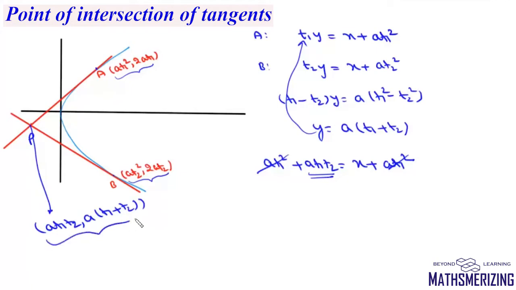It's a very important result which is used in locus problems. So there'll be many questions where we need to find the locus of this point of intersection. So what we'll do is we'll take these points as t1 and t2, and then we'll take this point of intersection as (at1t2, a(t1 + t2)), where at1t2 is alpha and a(t1 + t2) is beta, and then we'll try to find a relationship between alpha and beta by eliminating using some given condition. So we'll be using it for locus problems and for various other problems.